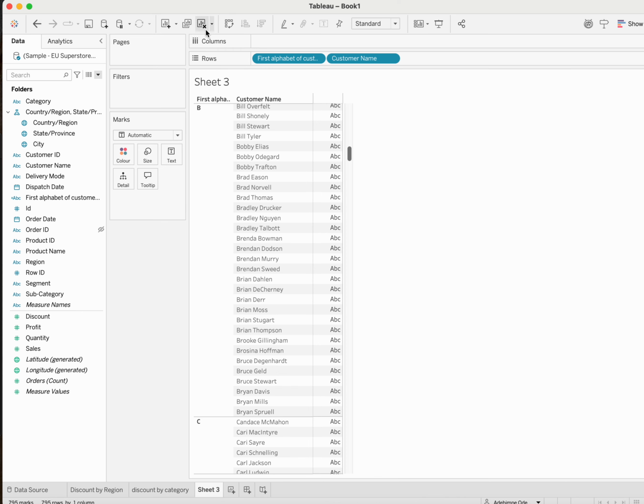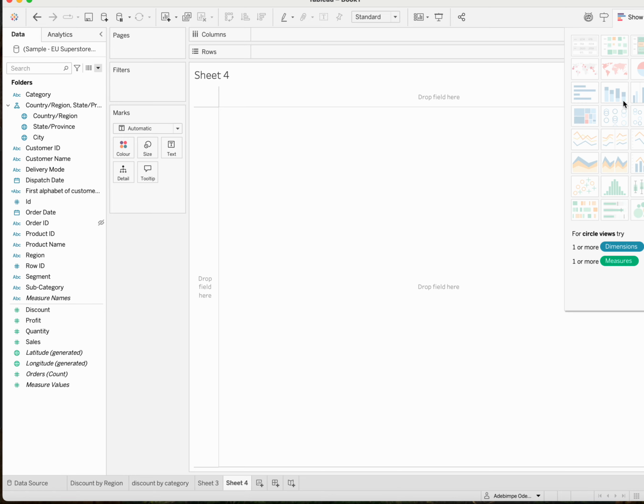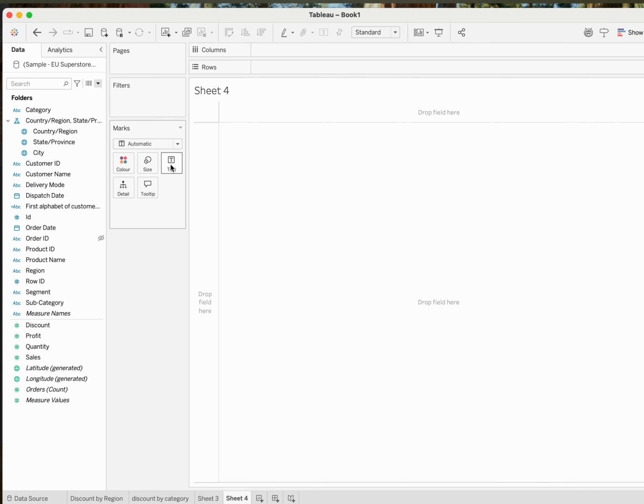I'm going to clear this off, or let's just create another sheet. Now we can use the Show Me tab. The Show Me tab is at the top here. If, for example, you do not know the chart to use, everything is grayed out at the moment, but if you hover over it, it's telling you the number of dimensions and measures you need for each of the charts to be plotted. If, for example, I want to just select customer name,